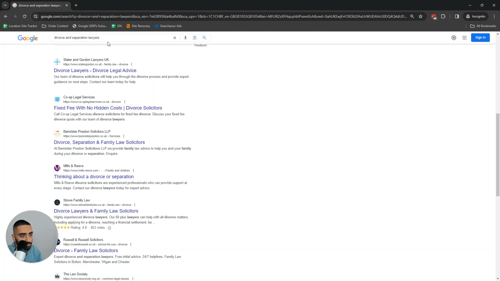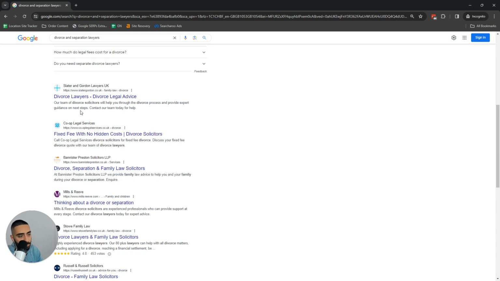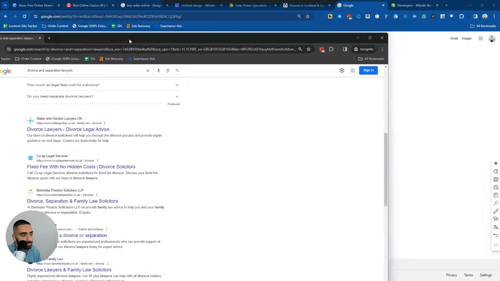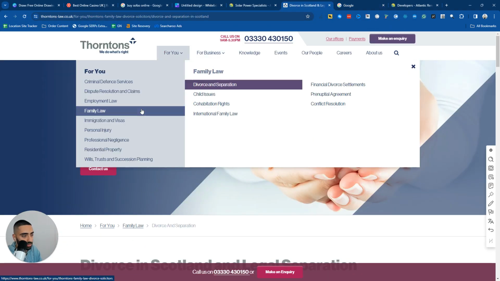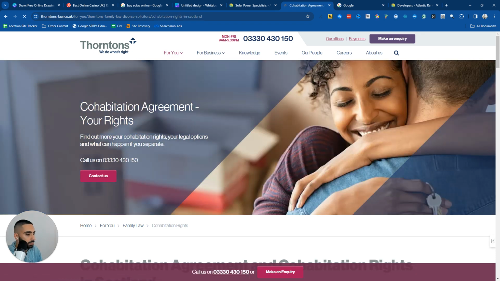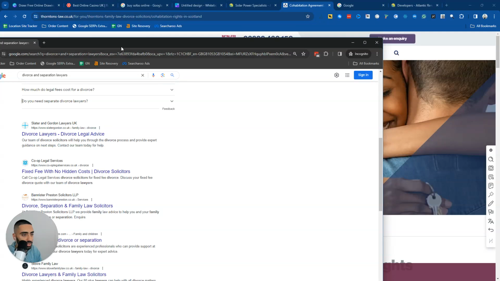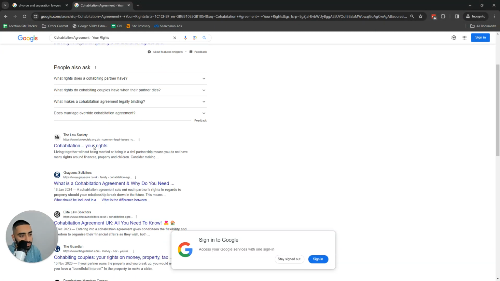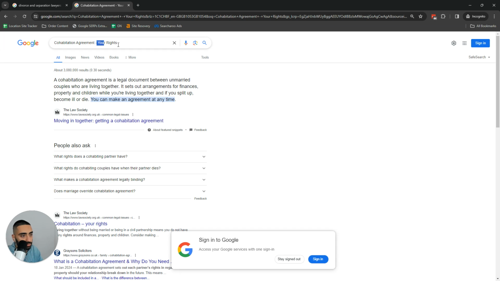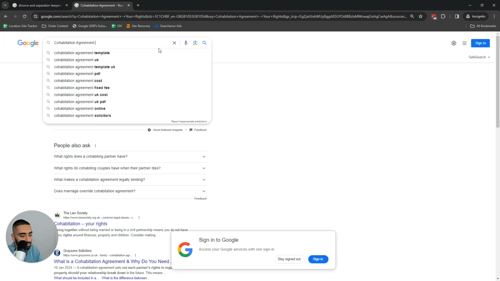So as you can see, divorce and separation lawyers, you can very quickly see that there are a lot of pages from multiple different websites that are trying to go after that keyword. Now, if we were to do the exact same thing, for example, for family law and cohabitation rights, and let's just take a look, cohabitation rights, and as you can see here, even if we were to just take cohabitation agreement lawyers,